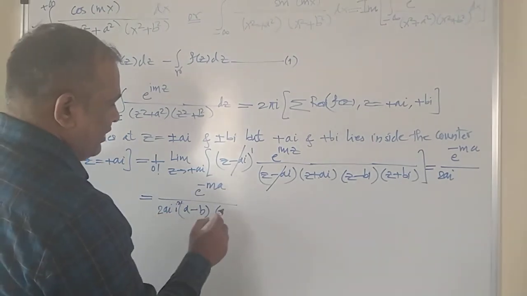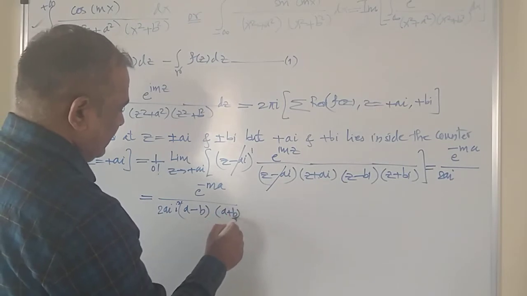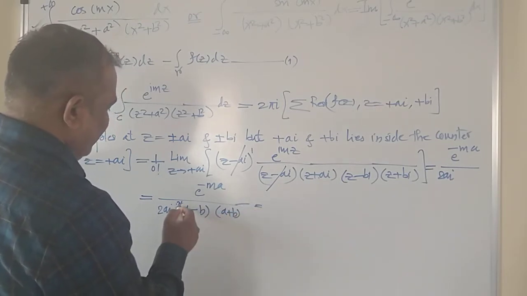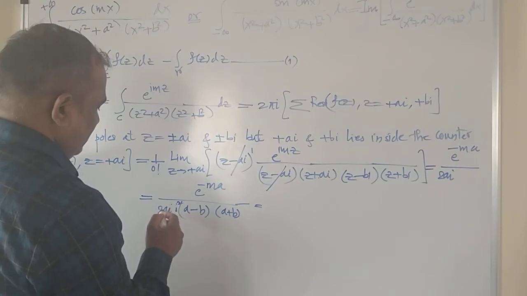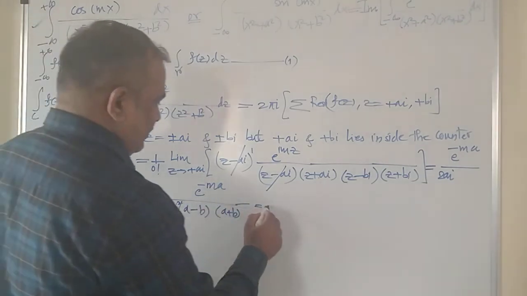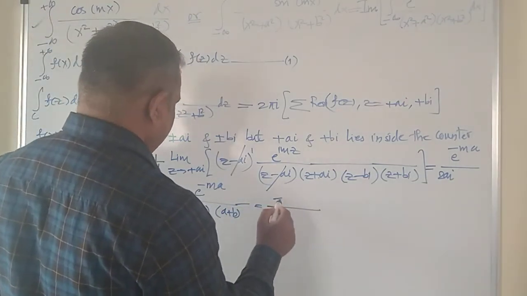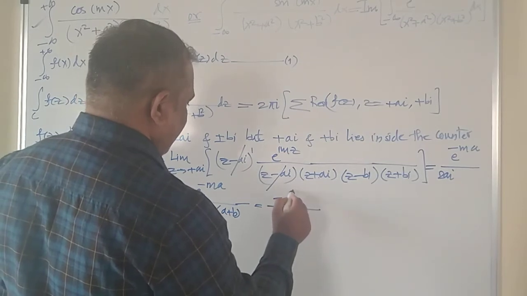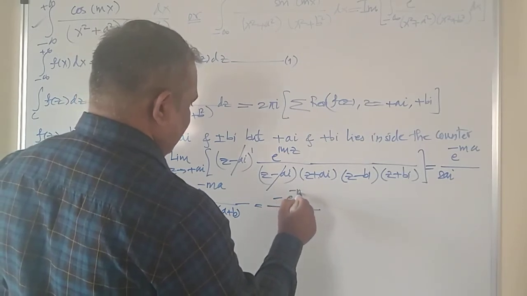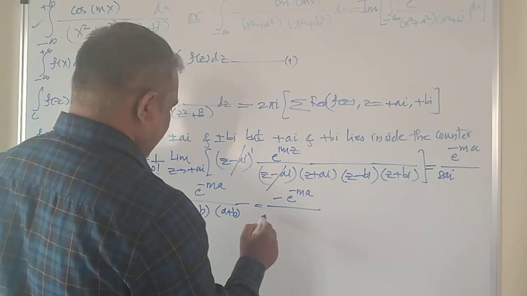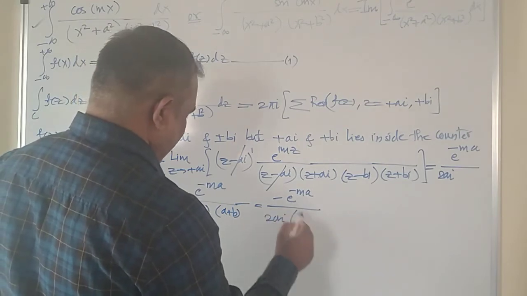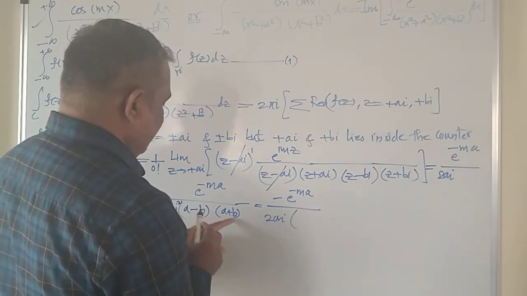You will get i squared and (a plus b). So i squared is minus 1. So I may write that minus sign. Minus π e raised to minus πm a divided by 2ai,